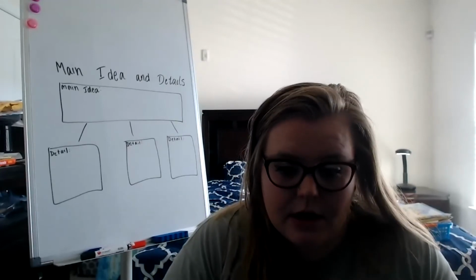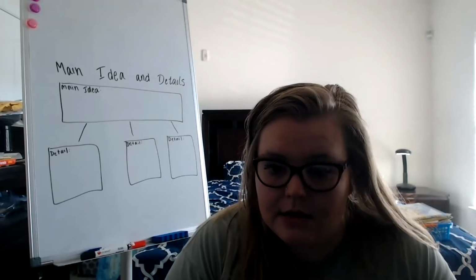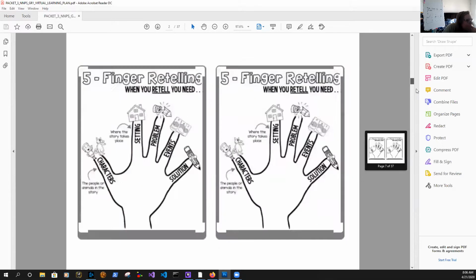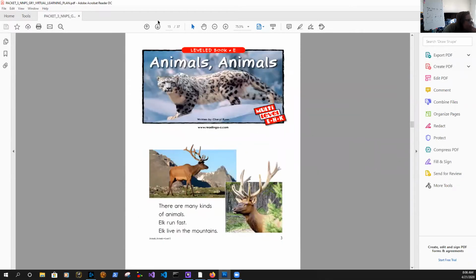Just to be clear, I want you to know what I'm looking at. Looking at this page of the third packet, page 2, and we're starting right here with the reading section. So that says, read the nonfiction text, Animals, Animals. Ask a family member to read it to you if you need help. And Animals, Animals is a book that is in your packet. It starts on page 15 right here. So this is Animals, Animals. You are going to try and read it to yourself, but get a family member to help you if you're having trouble. I'll just go ahead and read it really quickly to you once here,